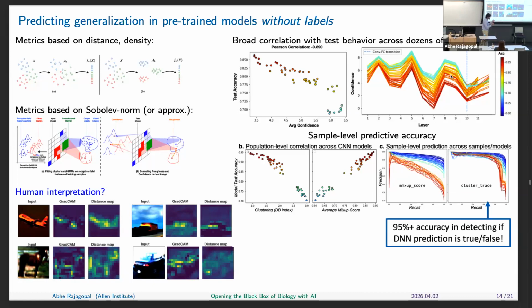Not only can I rank the whole model over the performance on the whole data set, I can look sample by sample and tell you if the model is going to accurately classify or predict that sample or not, just by looking at whether it's in bounds or out of bounds of the existing data density that I have. How far away is it? It works most of the time.